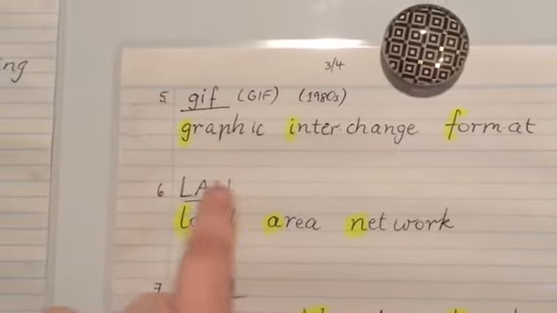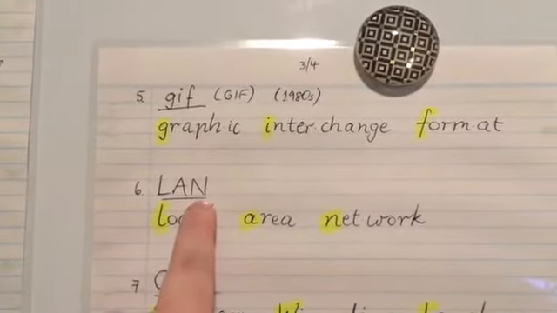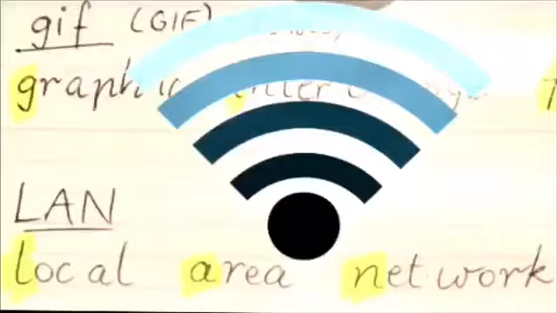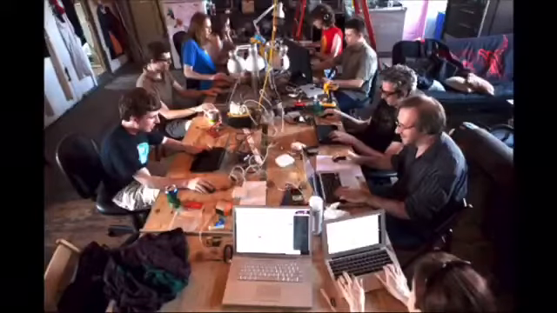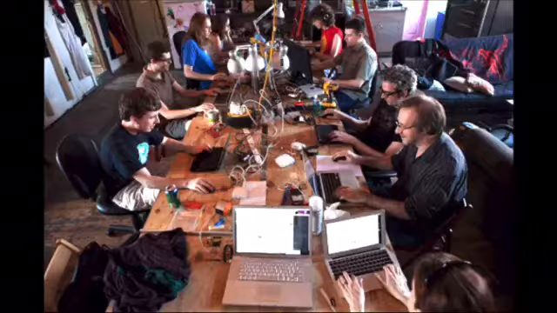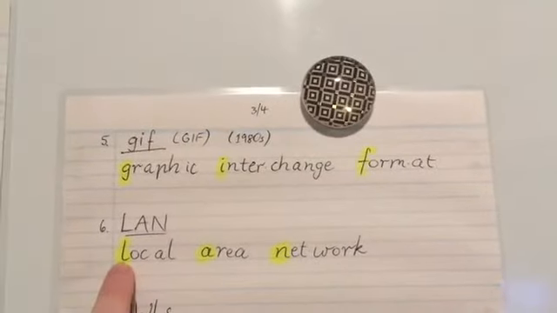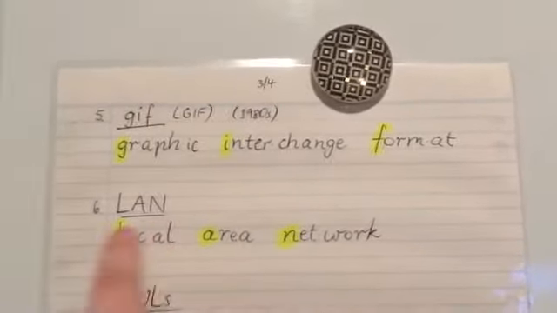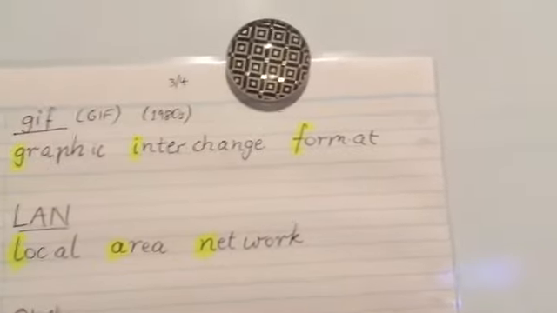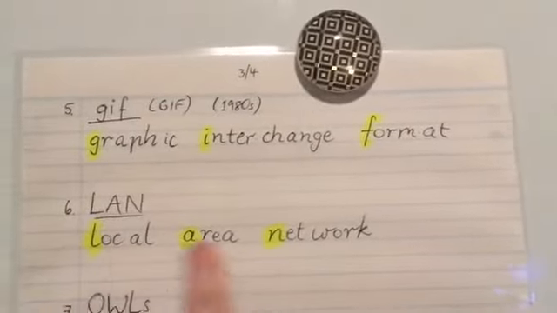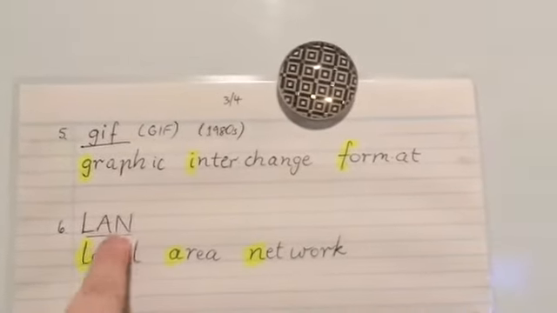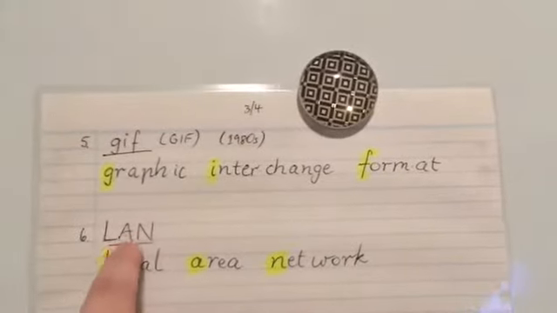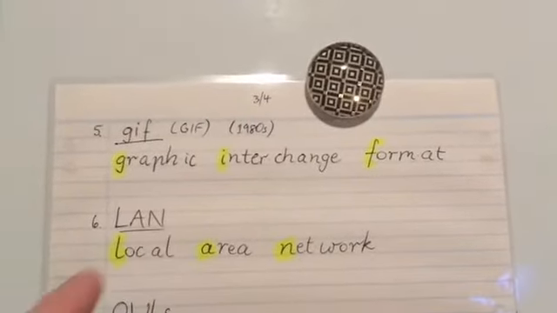And then LAN. I don't actually use this word very often in my everyday life, but I think that people do pronounce it LAN. When I was much younger than I am now, computer nerds used to have LAN parties where they would all bring their computers and hook them up so that they could play computer games together. Now the internet kind of does that for us, so we don't need to, but LAN stands for Local Area Network, LAN. And we can tell it's an acronym because we don't say L-A-N, we say LAN, and we're able to do that because it's got a nice vowel right in the middle, so it can be a proper syllable that we can say. It can be a proper word, LAN.